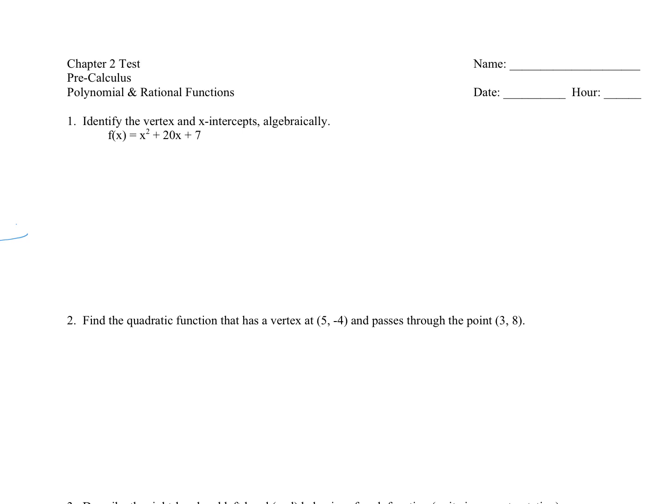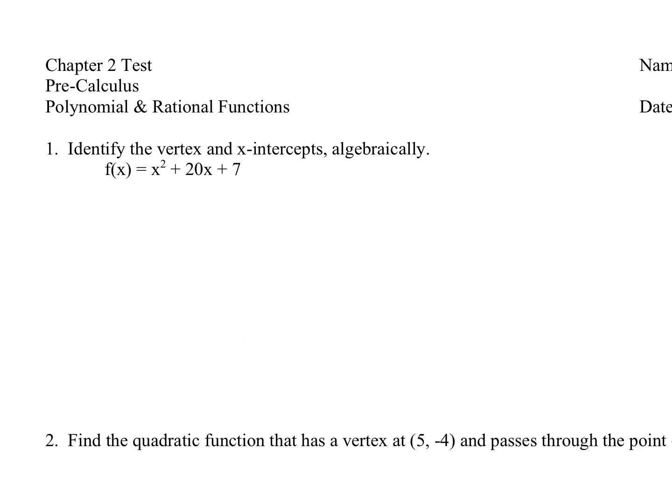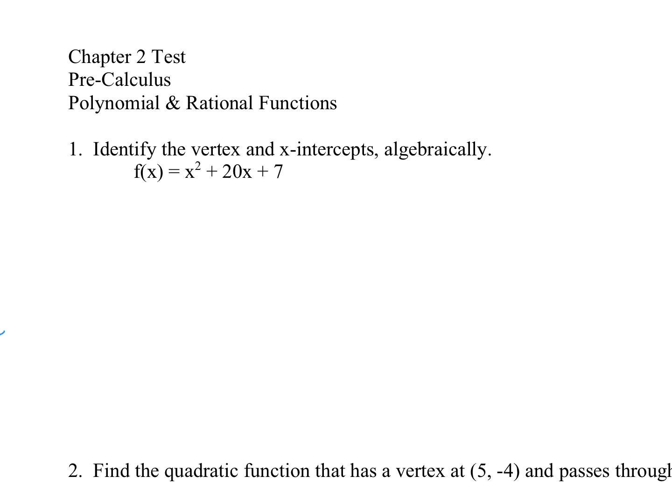Okay, so let's go over the study guide. First things first, identify the vertex and x-intercepts algebraically. There are two ways to go about it, and I will go over both ways mathematically with you. So first way is you can complete the square and set it up equal to 0 to find the vertex